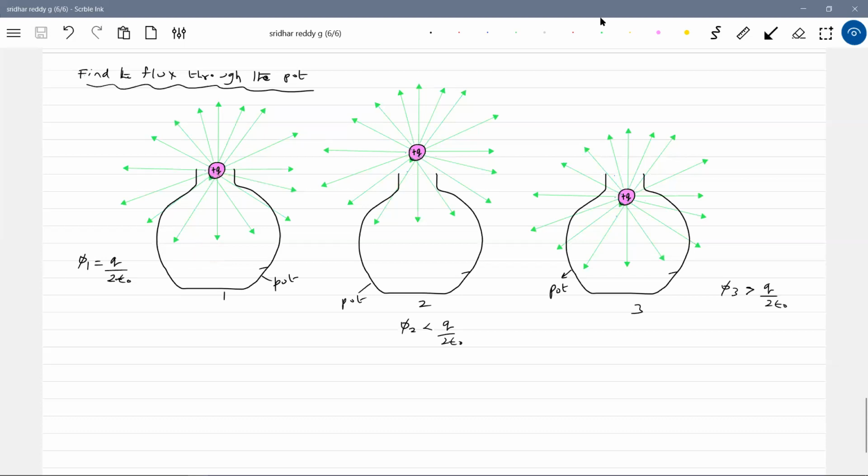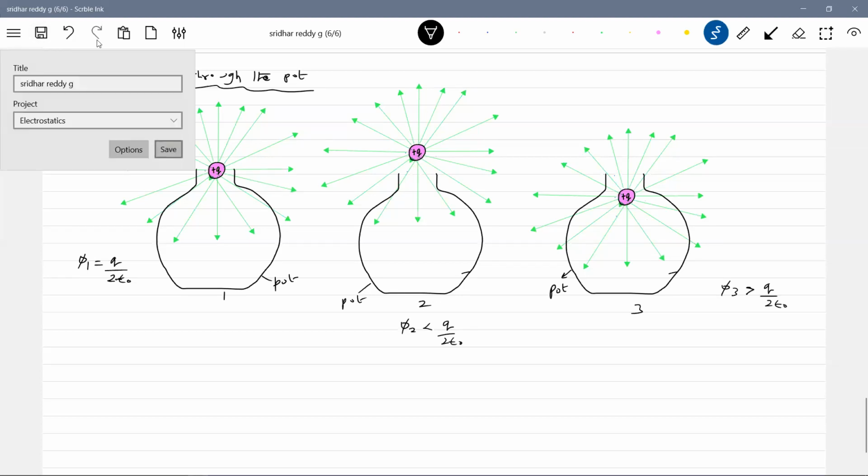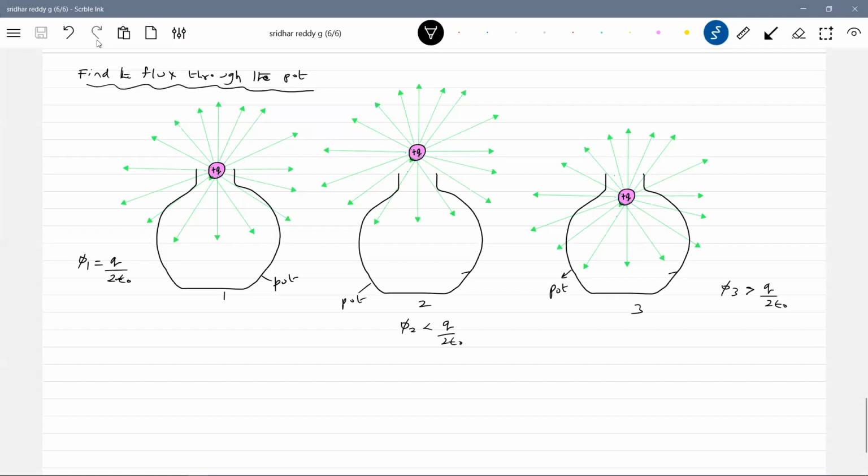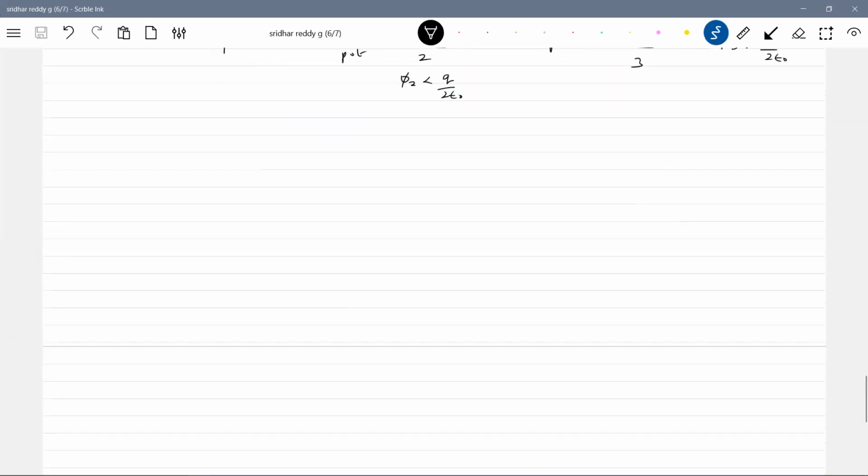So what finally we did, the number of lines of force, I need not bother now. I can be independent. I need not make any rule on how many lines of force I should draw. Getting the idea? That's the advantage of expressing the flux here. Now, find the flux through the pot is what it is asking. Any doubt, if you want, you can clarify, because this is a very, very fundamental one. Let me go to the next situation.